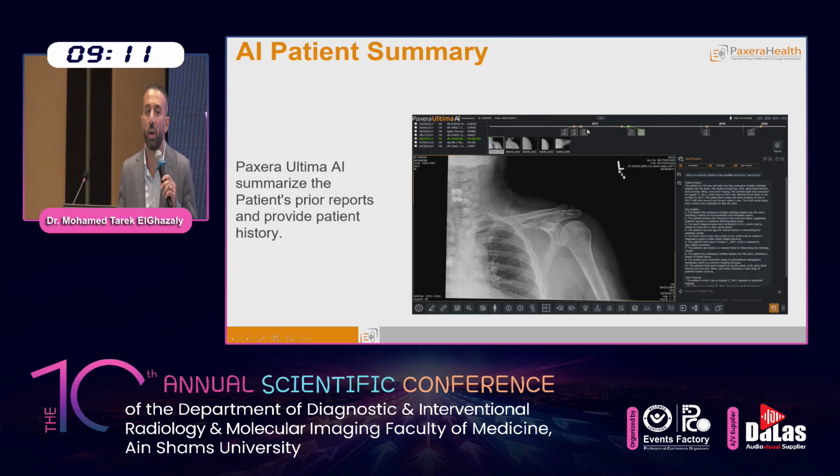So you have the prior reports. Imagine that the AI will summarize for you, as we see here on the right side, all the old and prior reports and give you a summary and patient history to save time for you. You can copy it or use it in your new report, or you can ask the AI to comment on the image, same as I explained in the last slide.